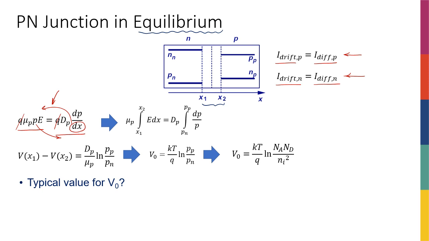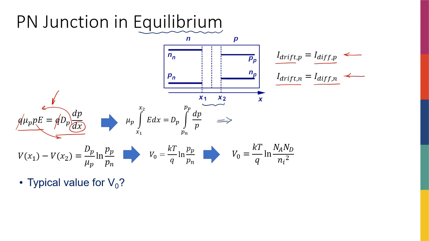And on the right side, I have Dp, the diffusivity, which is a constant, comes out of the integral, Dp over p, and I'm integrating over p, the concentration of holes. Okay, so where do I go from here? Well, I know that